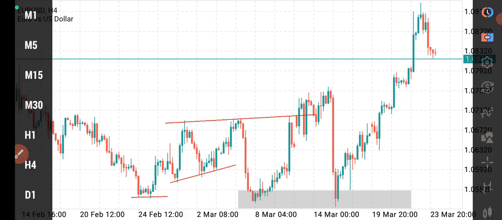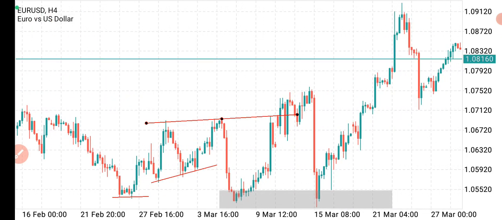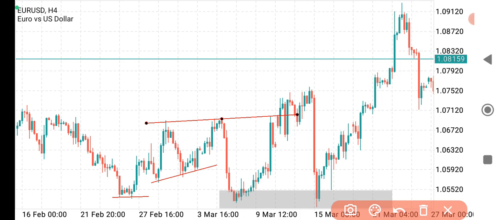Okay, so now if you look at this, remember already from this zone it has been established that we are already in an uptrend, because from here you see that this high was taken, so we are already in a higher high, higher low. See this? Now this is a valid higher low. Why? Because